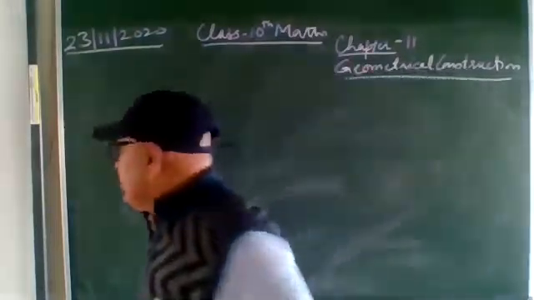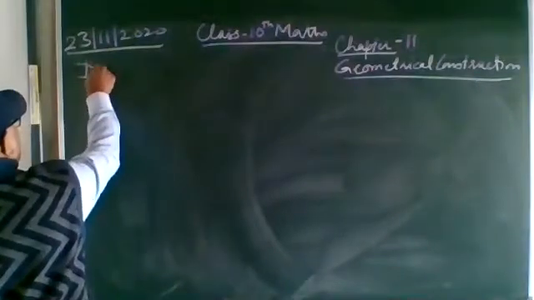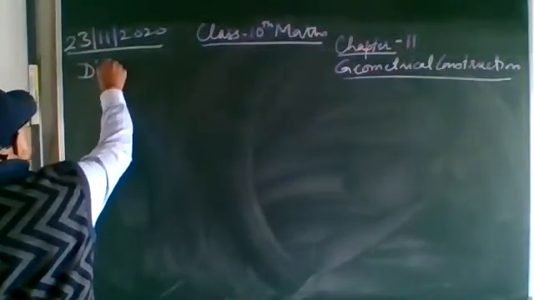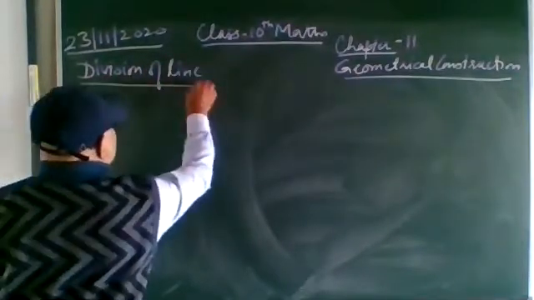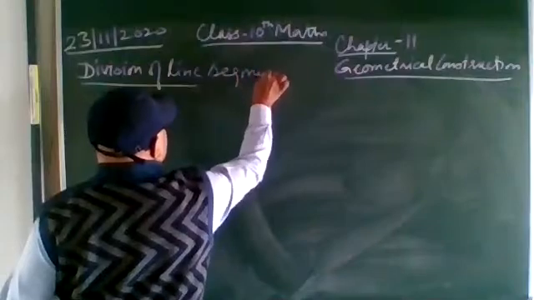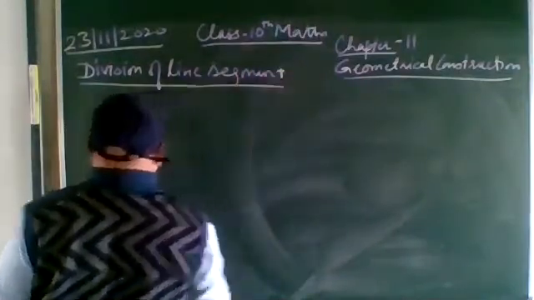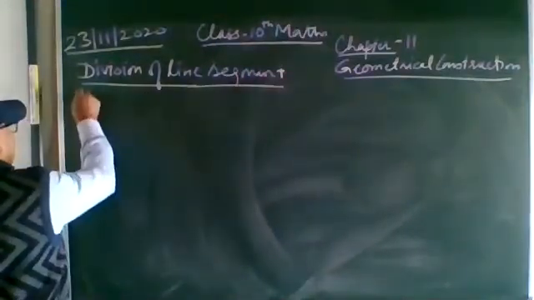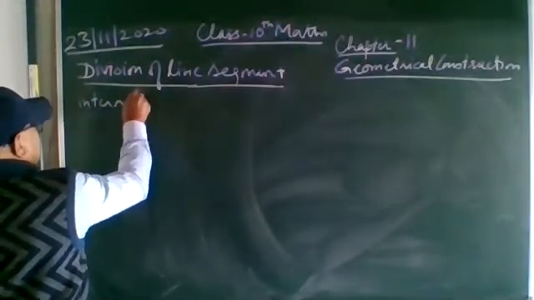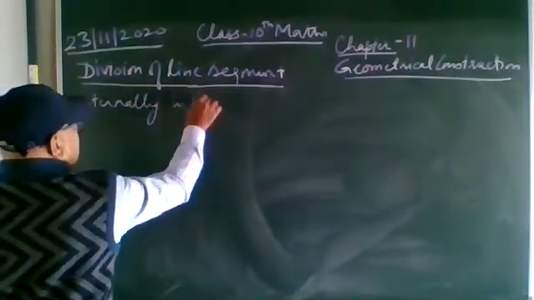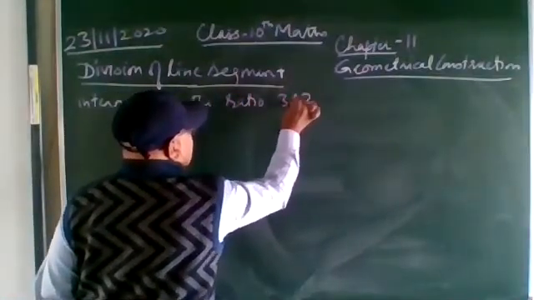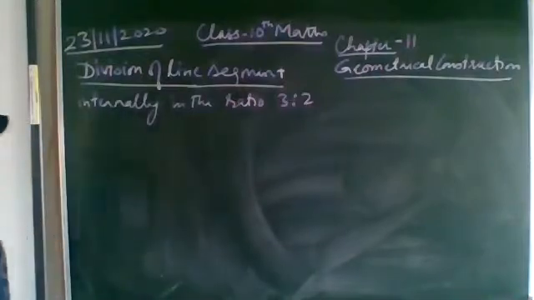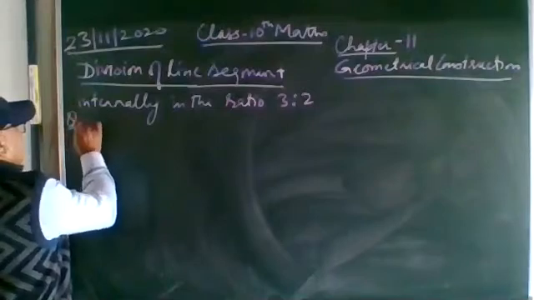That is, division of line segment, division of line segment. Now internally in the ratio 3 is to 2. Internally in the ratio 3 is to 2. This division of line segment. So the question is that: